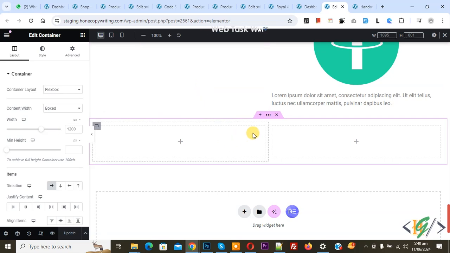Bismillahirrahmanirrahim. Assalamu alaikum. My name is Hassan and today we are going to add a dual color heading widget in Elementor